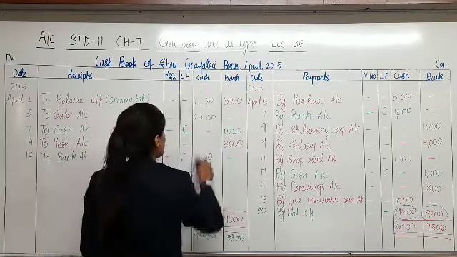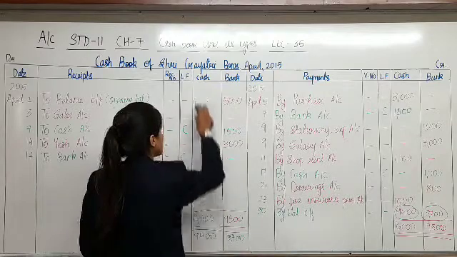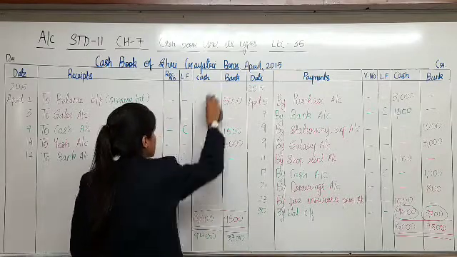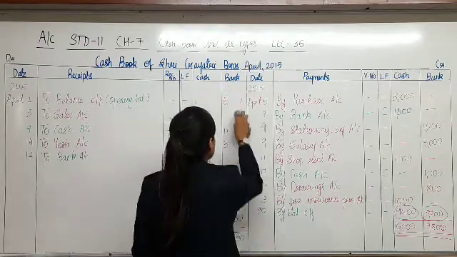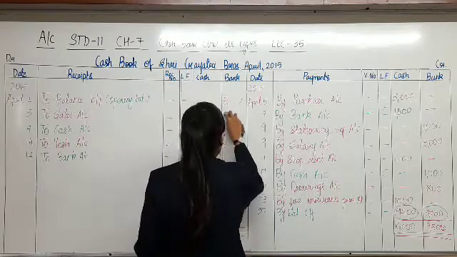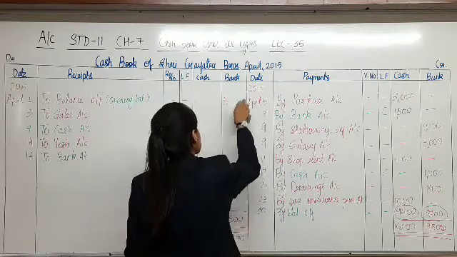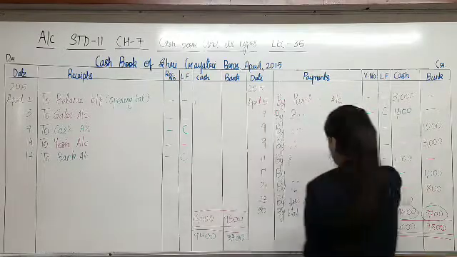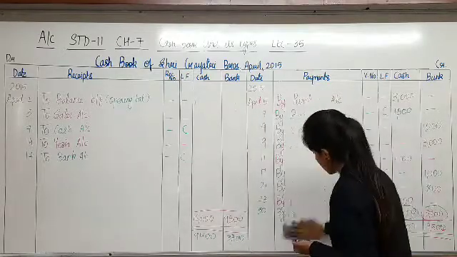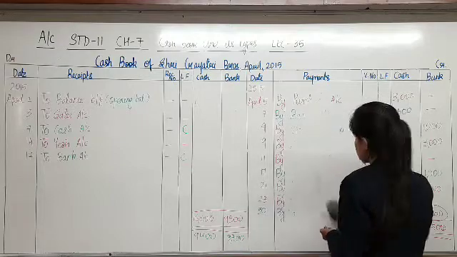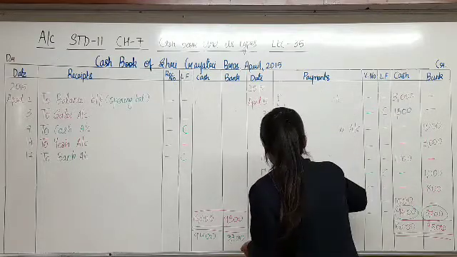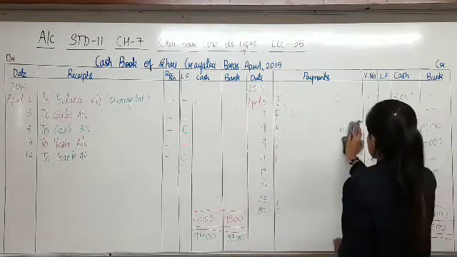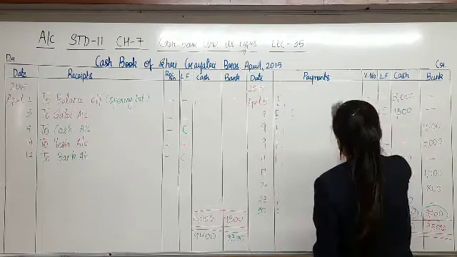Cash book is very simple and easy chapter, I can say. You just need to be clear in your mind that whether you are supposed to record the transaction on debit side or on credit side. Now that common sense at least you should have, that if the transaction highlights that the payment has been made, that means it is to be recorded on payment side and not on the receipt side. Yes?